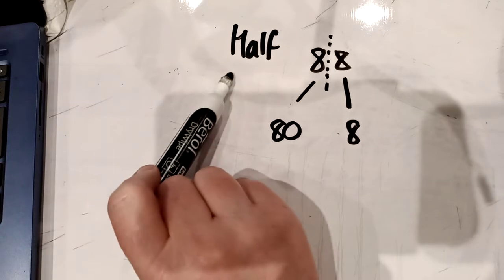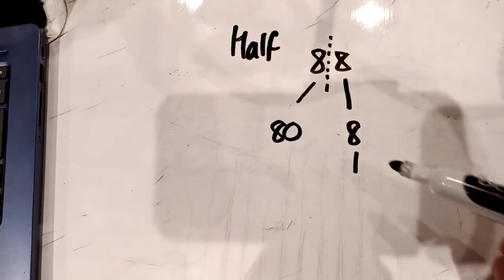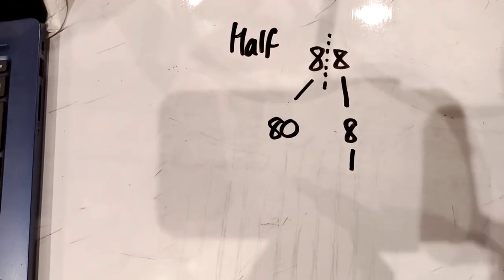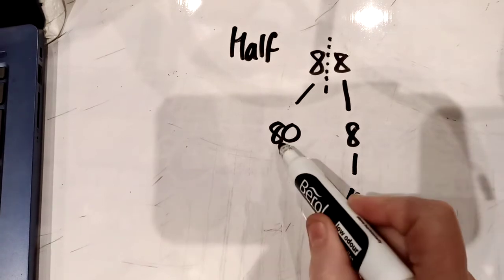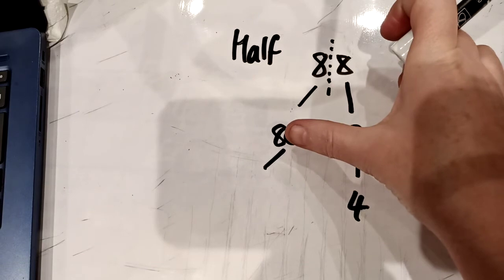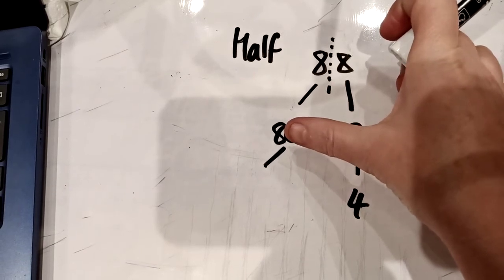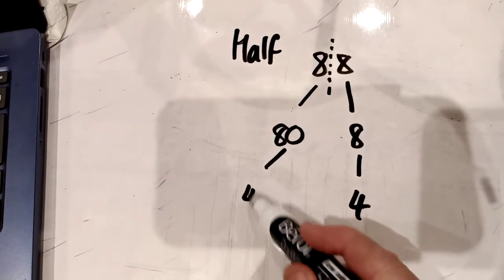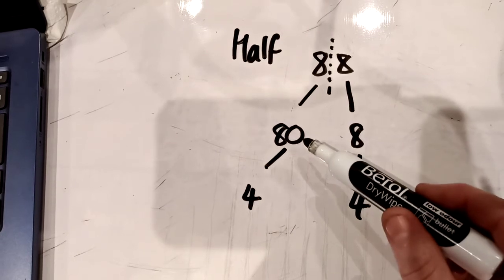Now we've got to say half, haven't we? Half means split in half. So what's half of 8? Half of 8 is 4. And what's half of 80? Well, let's pretend it's 8. What's half of 8 again? Half of 8 is 4. So half of 80, 10 times bigger, would be